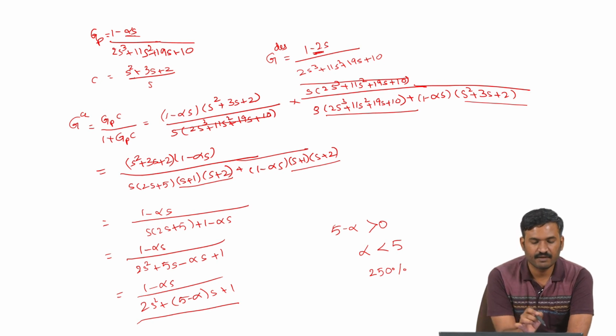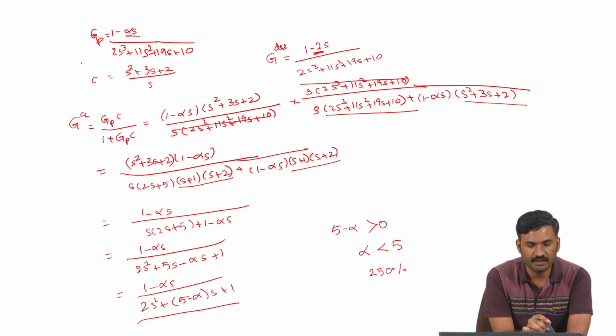That means even if the process transfer function is 1 minus say 5s divided by the same denominator function, we will still be able to control the system and get the same performance as specified by this closed loop function